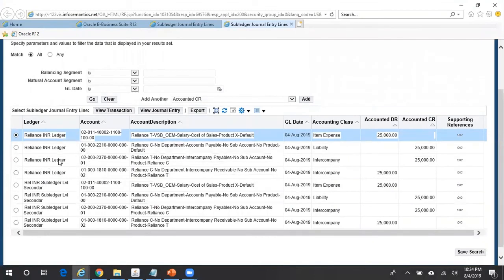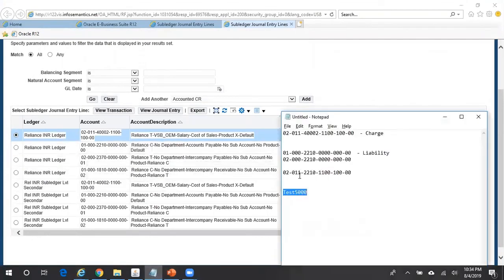So this is the primary ledger. If you have not set the automatic offset method as balancing or account, it will just retain the original values whatever is being entered. So this is the charge account and this is the default liability account. So the system does not make any changes to the account code combination.